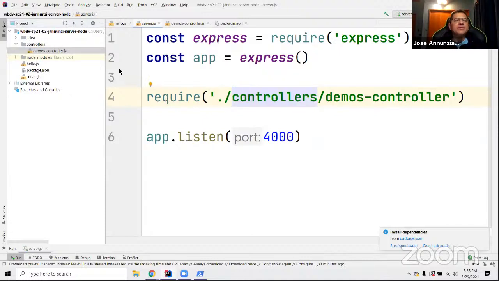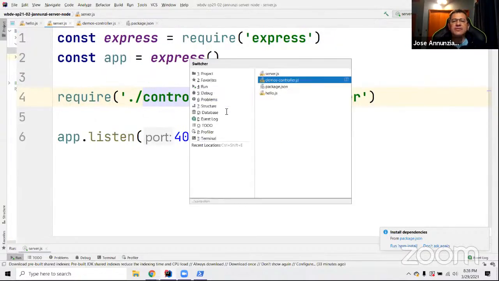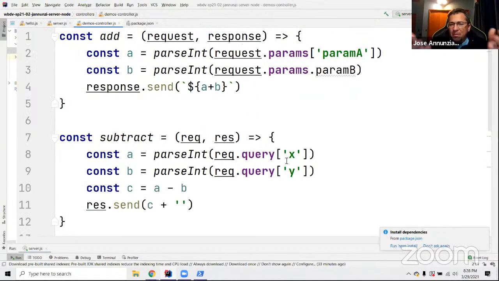So I'm going to require. If this requires, that means that the demos controller needs to be able to export. But what should it export? What should we export here? Okay, we want to export everything basically. Now, but we want to export